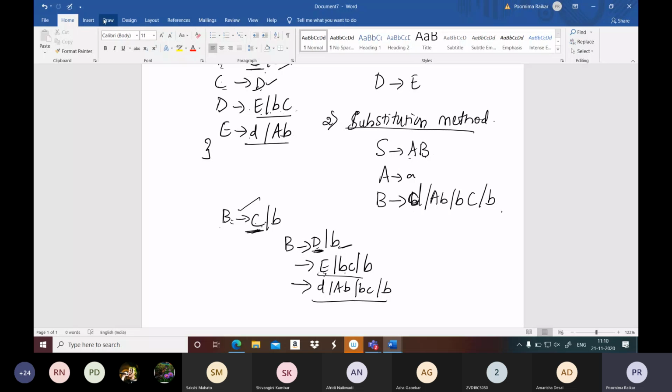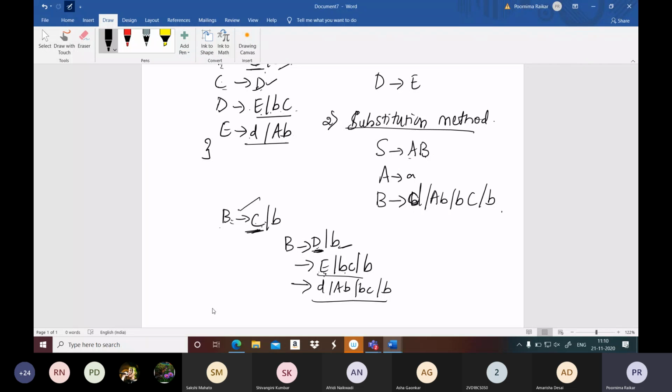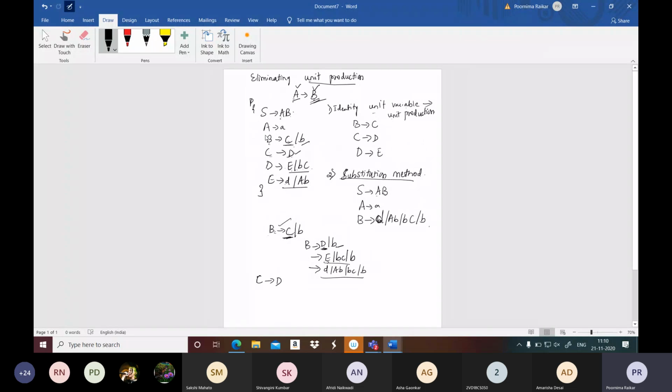In the same way you do this for your D part. So with C. Next is with D. C with D is the next unit production. So for C with D there is only this defined. So again I have to eliminate it. So for the first one,